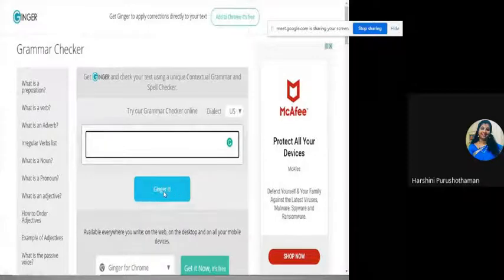Where you have to upload it in the space called Ginger. Okay, and the document comes to the box and it will highlight.